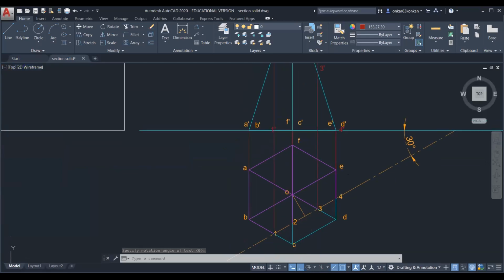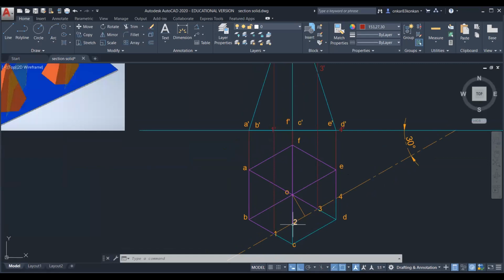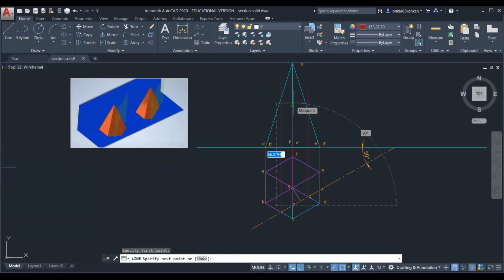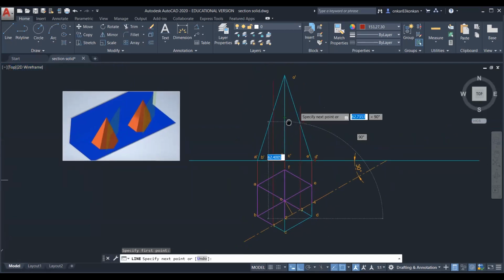If you project the last point, that is point 2, actually point 2 is on the slant edge OC. If you take the projector from point 2 in the front view, then you cannot find the intersection. It is quite difficult to locate that point in the front view on the slant edge O dash C dash.